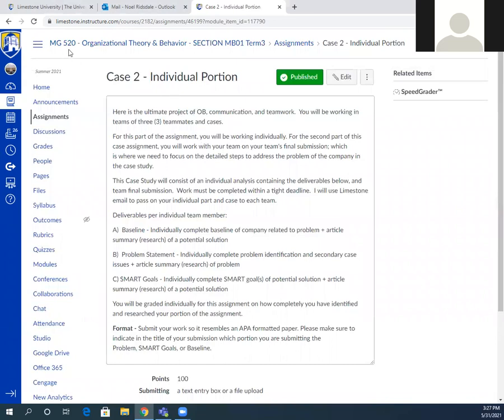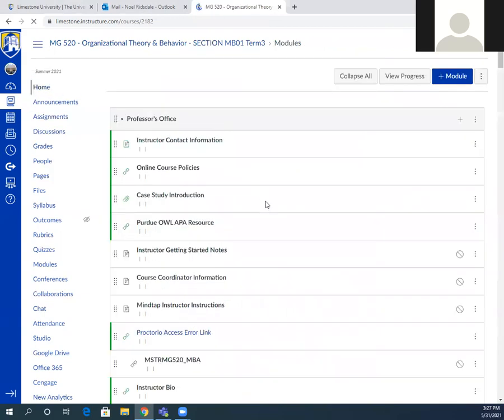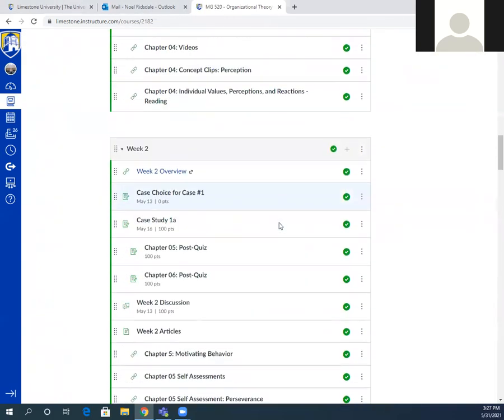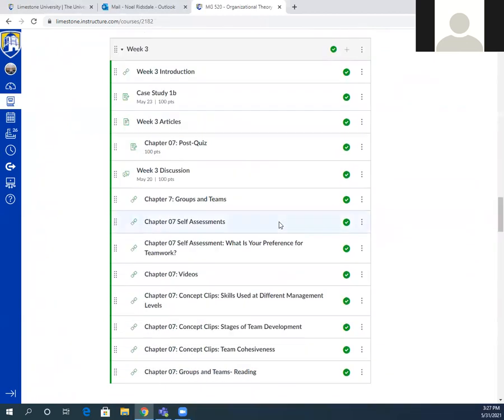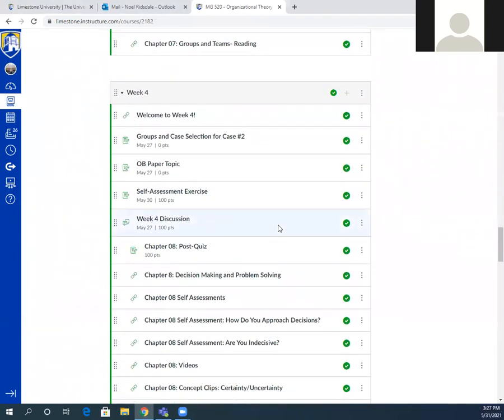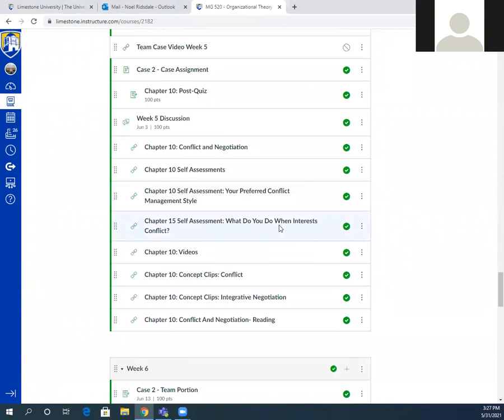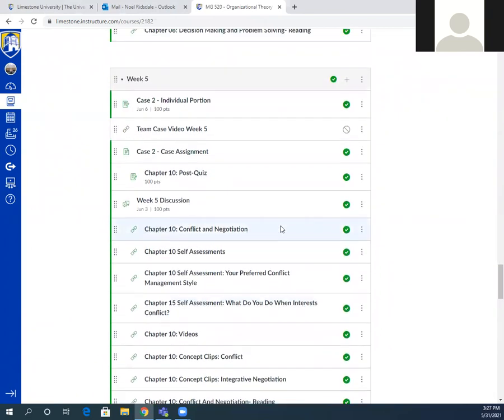As we go out of here, let me go back to home, back down to week 5. Then I'll give you a quick glimpse into week 6, because the rest of it is pretty much self-explanatory.